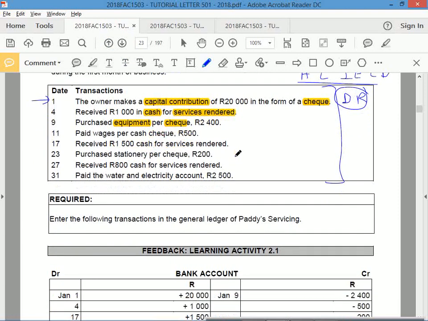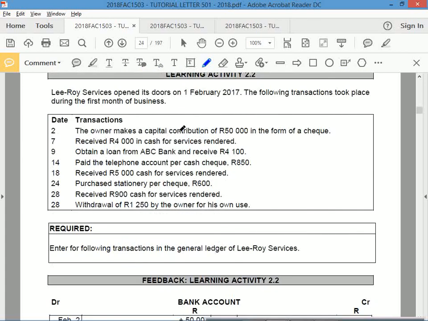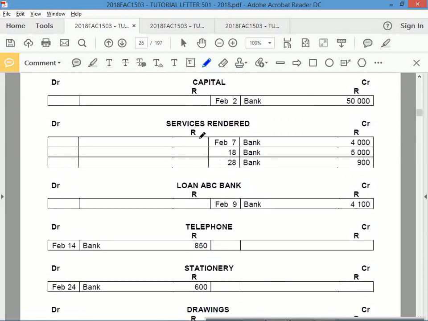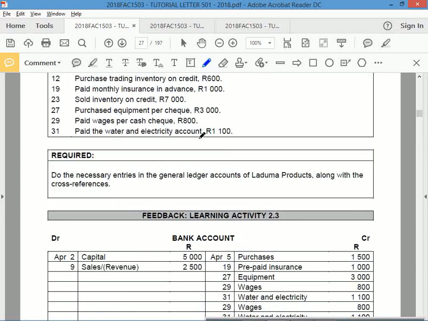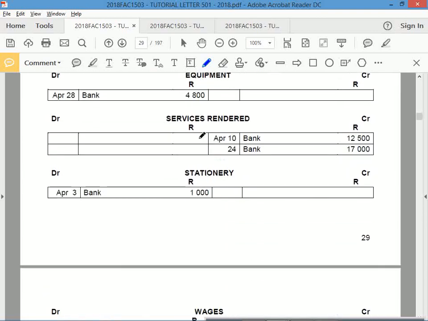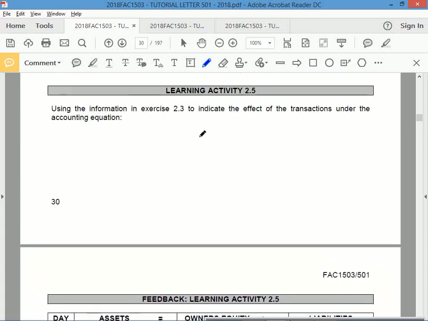So you can do 2.1. Don't worry about how they've laid out the answer. I'll show you the right way of doing it. If there aren't too many, I'll do all of them for you and I'll email it to you. There's 2 I see here. There's 3 I see here. How many did they give you? 4. Is that it? Okay, so there's 4 that they've given you. There's 5. No, 5 is what?